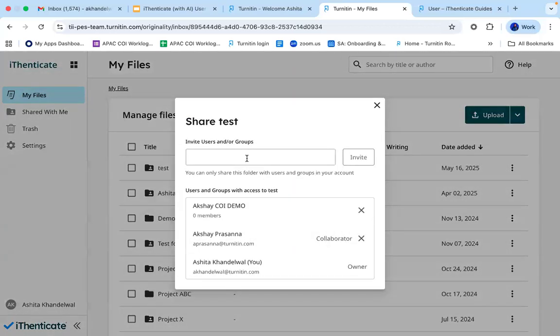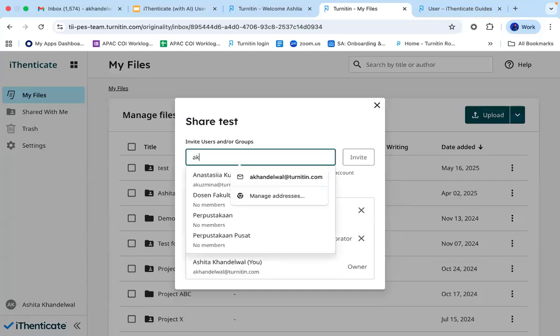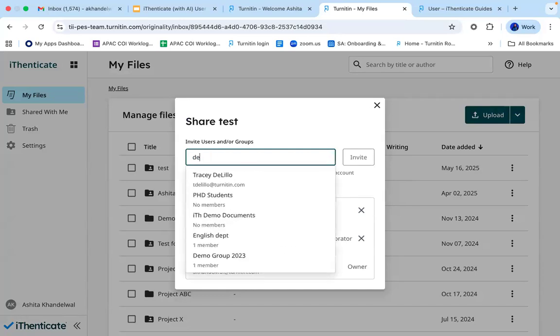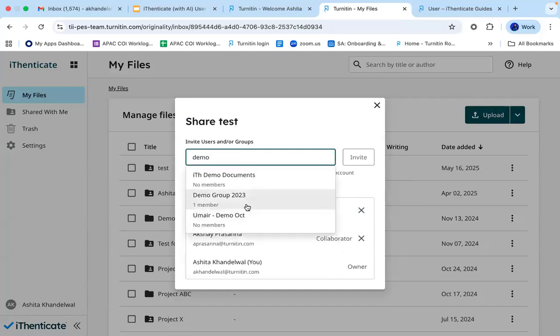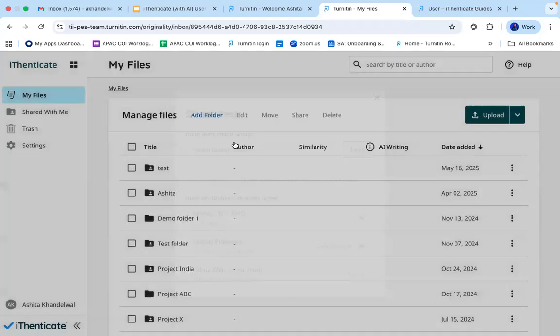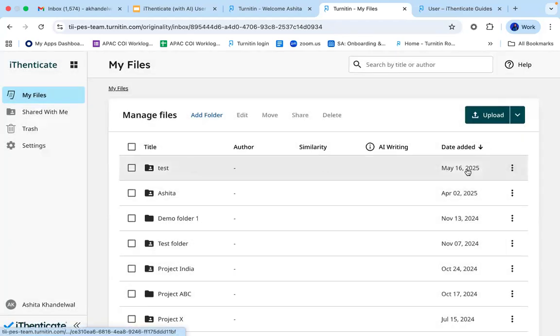So you can simply click on share, add the name of your group member or the group name if you have. So let's say if I want to share it with another group called demo group, I can click on that group and invite. Whoever is part of that particular group will get access to this folder and will be able to see all the files I have uploaded into it.